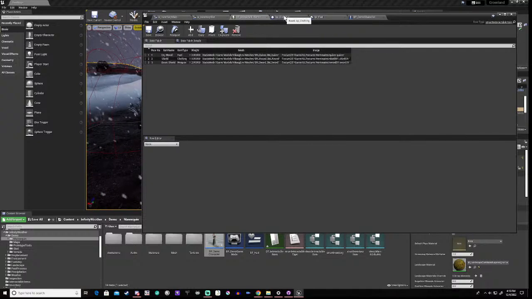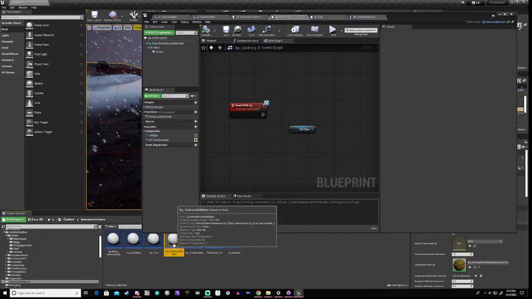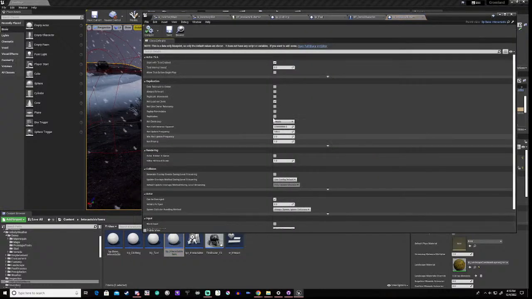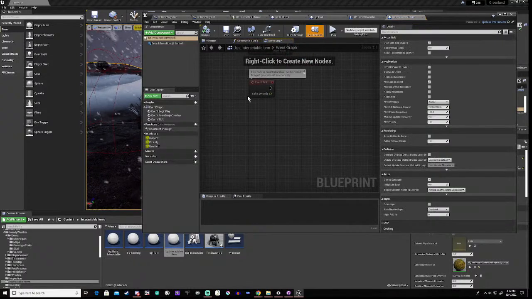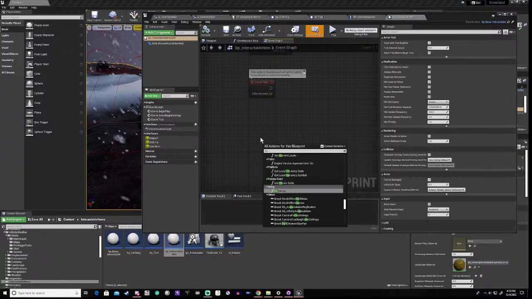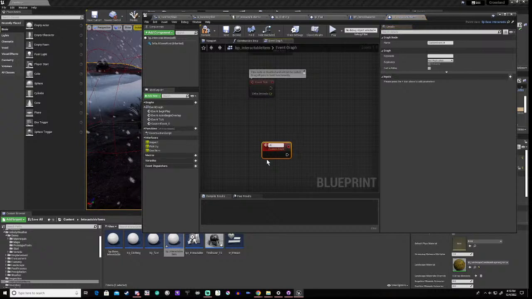So if we go to clothing and we look at interactable item and we open this and we do custom event, then we say add to inventory,